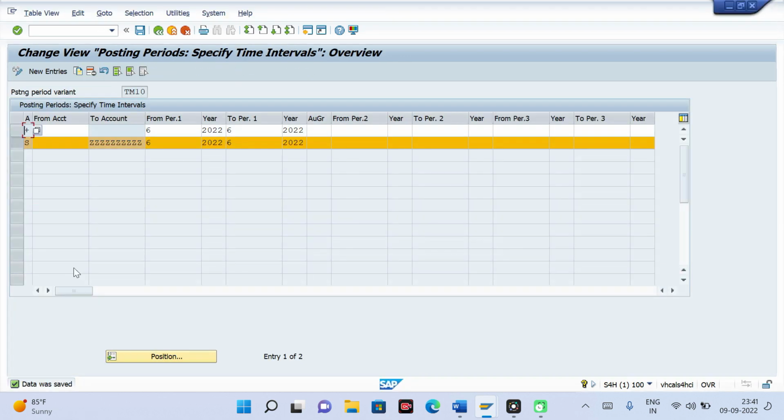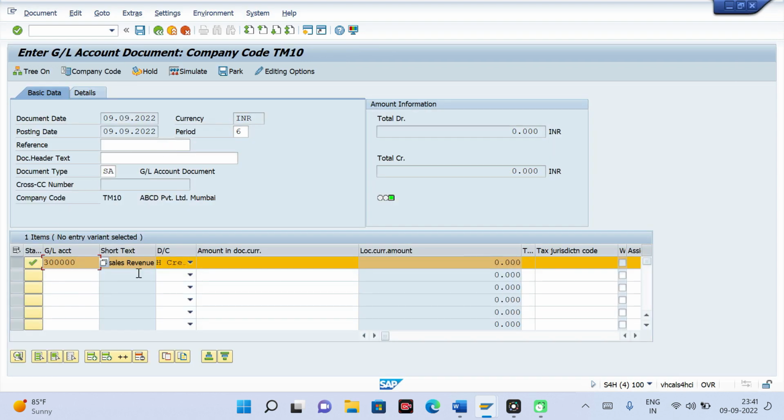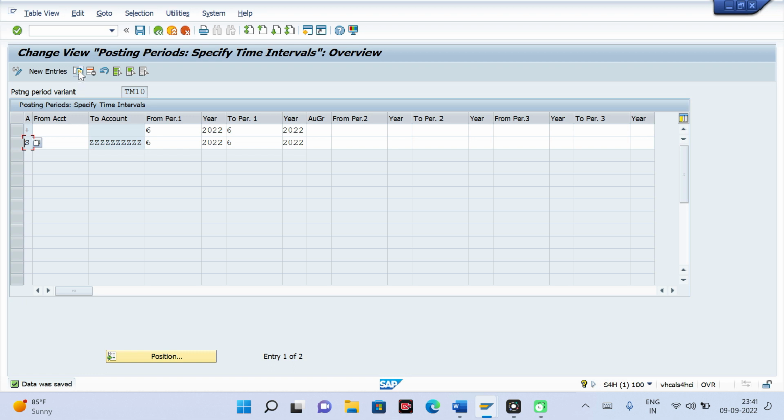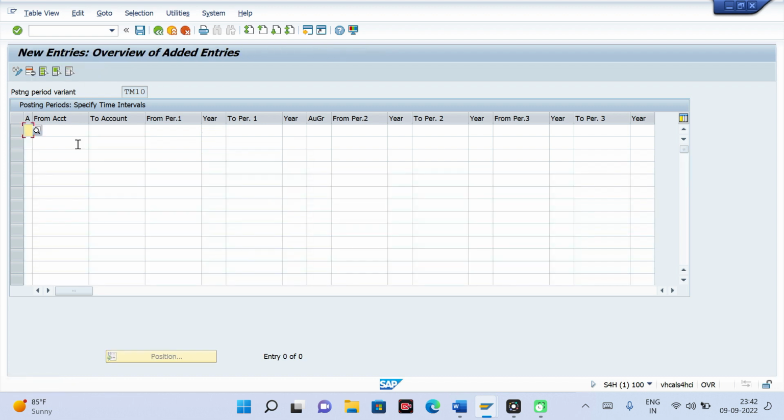At GL level also your period is open, therefore there is no error. Now sometimes what happens, we generally want some GL, and for them right now I have given a range. If I give a range like this, it is applicable for all kinds of GL posting, but there are some GLs which require a separate way, individually opening and closing the period. For example, this revenue GL only.